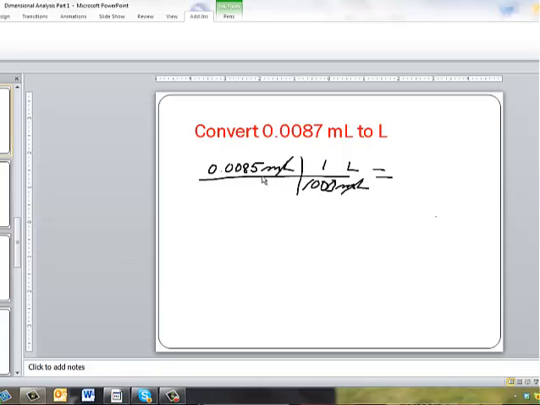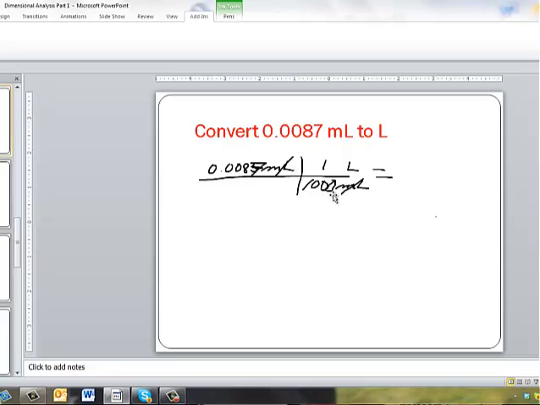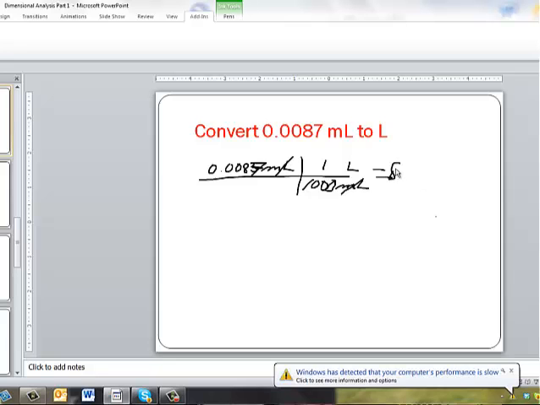with, oops, I see the error that I made. This is supposed to be 87. Good thing before we worked it out, I caught that error. 87 milliliters. And since this is at the bottom, we're going to divide. So 0.00, plug it into your calculator, 87 divided by 1,000 is equivalent to 8.7